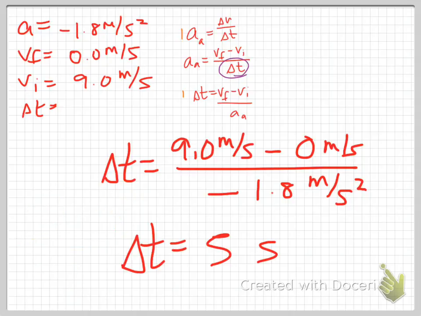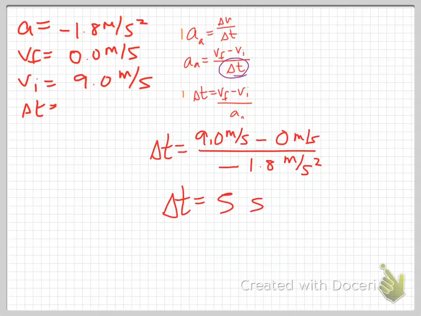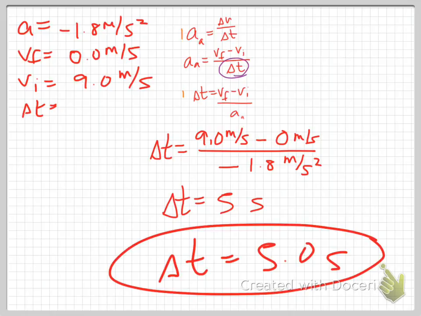Okay, calculator answer. I get a delta t of 5 seconds. Is that the correct recorded answer? That's my raw answer. That's what the calculator told me. Is there anything I need to do to that before I record it? I need to add a 0.0 because I have 2 sig figs in this problem, and I need to make sure that my answer reflects that. So my raw answer, usually we're trimming on the raw answer. This time, we're actually adding something to get our sig figs. So the raw answer is that the time is 5.0 seconds.